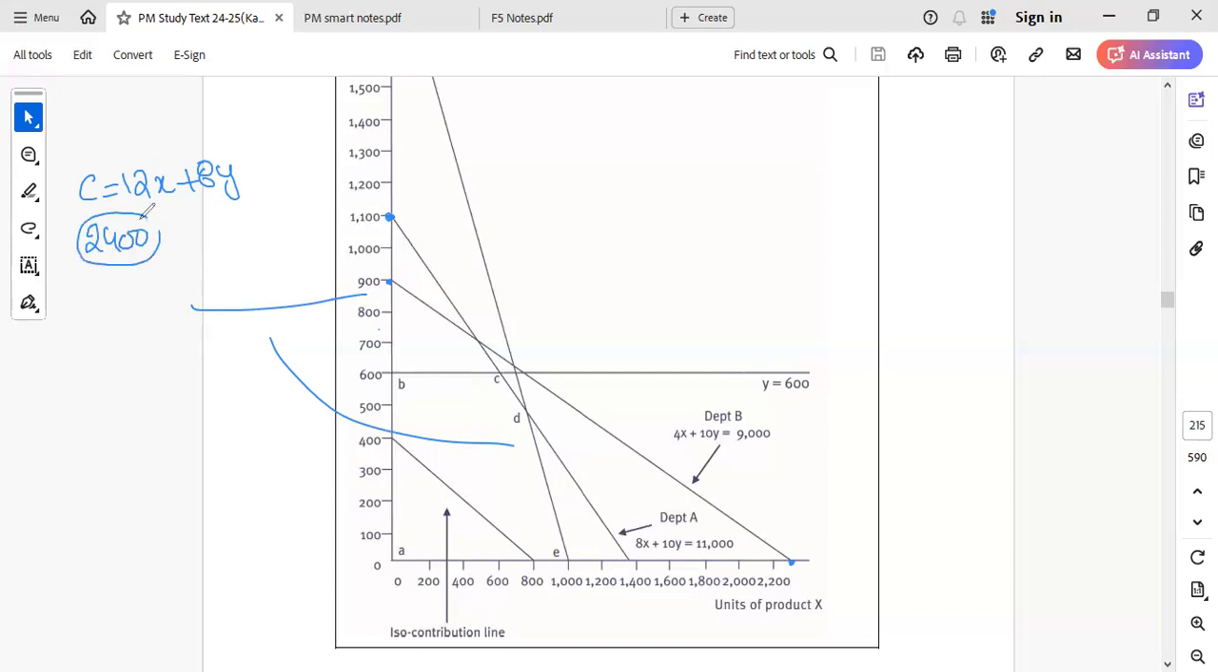Okay. If my contribution is 2,400, C is 2,400. How will I solve the equation? I put C as 2,400, and 12. If units of X is 0, then how many units of Y are produced? So I will find the units of Y. 2,400 divided by 8. How many units of